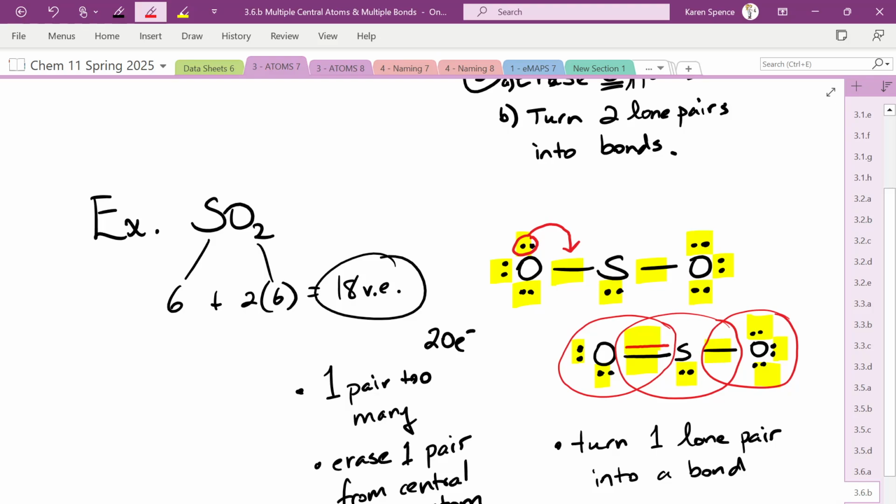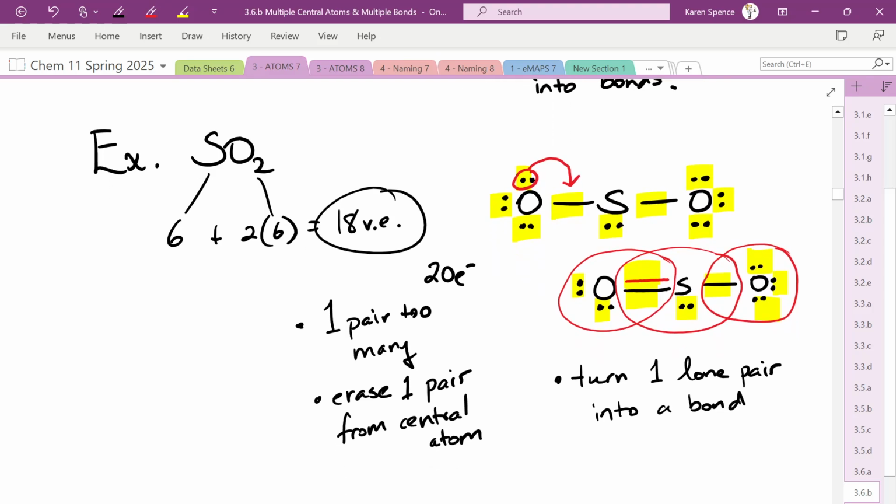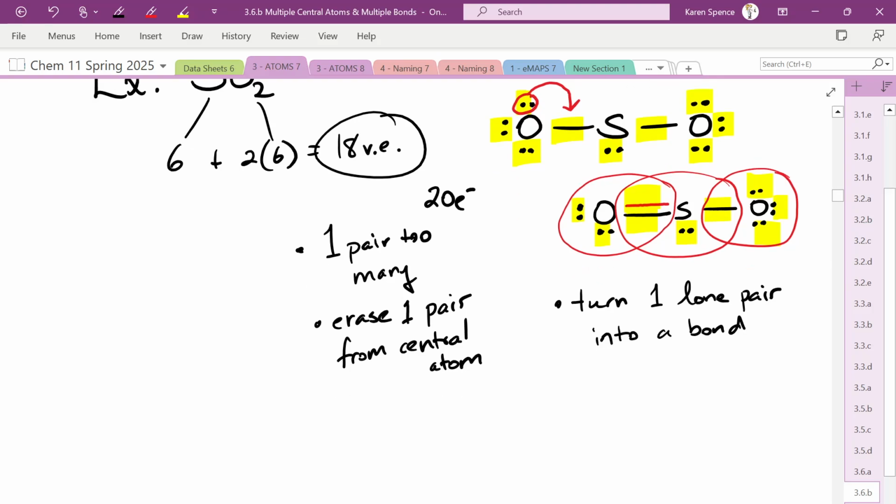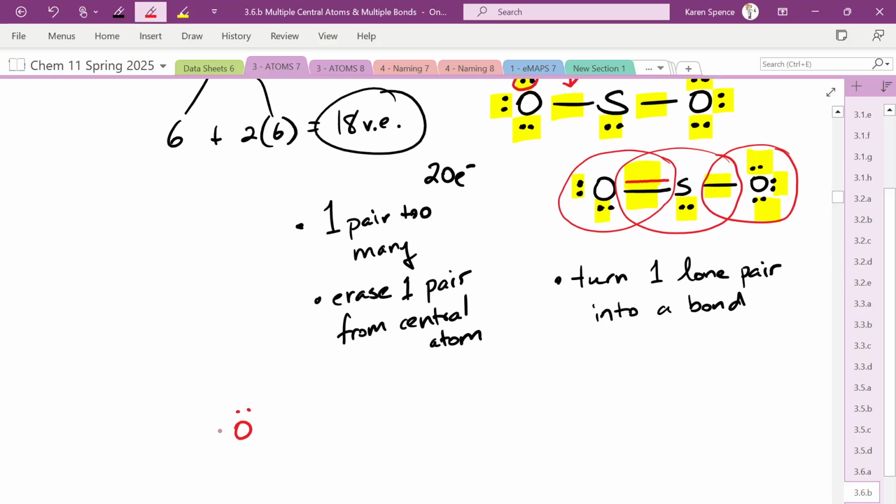It doesn't matter if one is bonded to sulfur and the other. No, because what's going to happen actually, and we're not going to learn about this today, although I'll mention it to you because you sound curious, is that what ends up happening with this structure is that the electrons don't just stay put. What will happen is that these electrons will actually move in here sometimes, which would give that sulfur 10 electrons, which is no good. So this pair will move out here, and you'll end up with